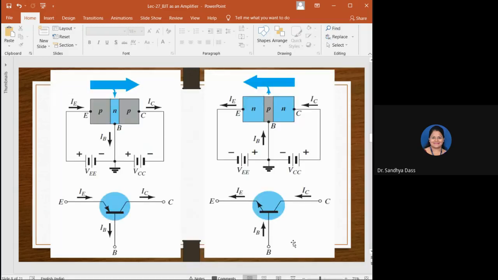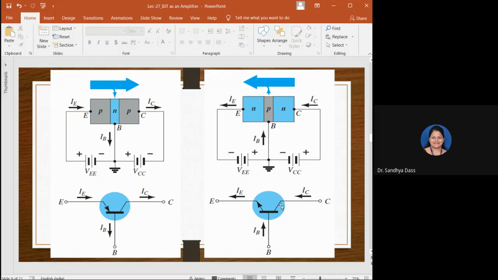That should make you familiar with the transistor currents here. You should be familiar with transistor currents and their direction and the way it is flowing for NPN and PNP. All right, how to bias the transistor, and when you bias, how will be the direction of the current, should be very much familiar. Now observe this.